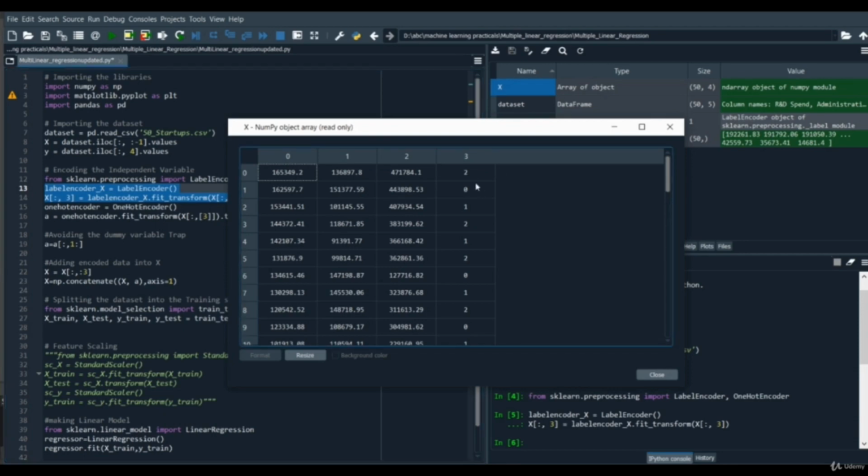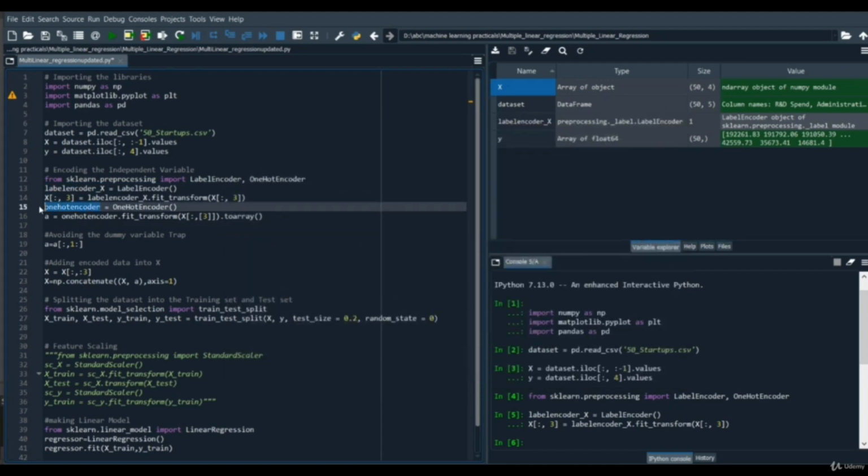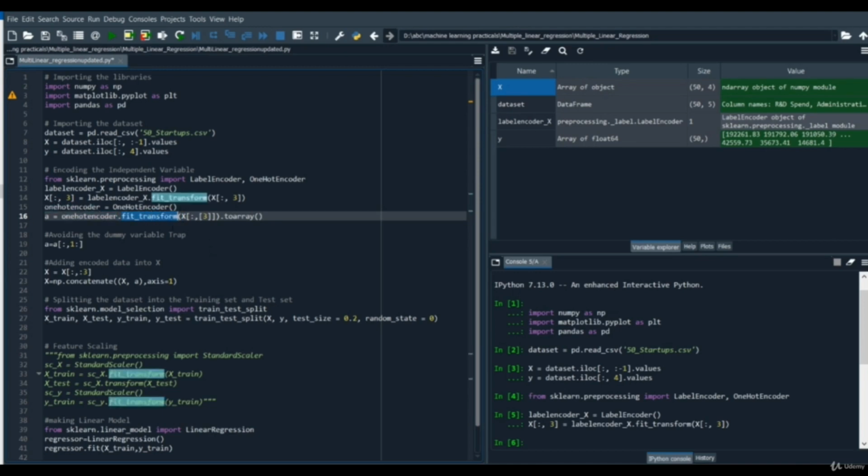Now after that, we are going to convert this numeric representation, I mean these label encoded values, into one hot encoder values. So first for that, we are going to create an object of OneHotEncoder. This is our object. After creating the object, we are going to use its function fit_transform. We use fit_transform over only the third column, because we only need to apply one hot encoding over the third column specifically.